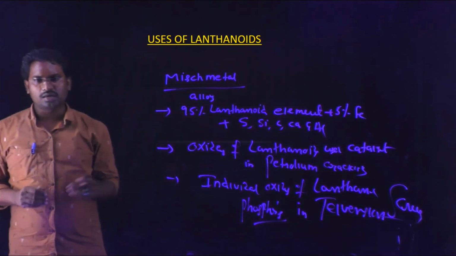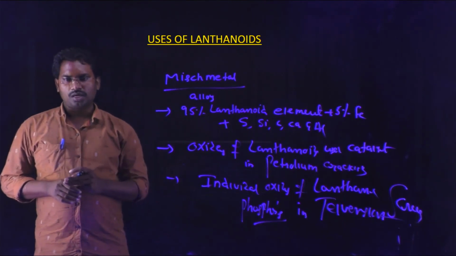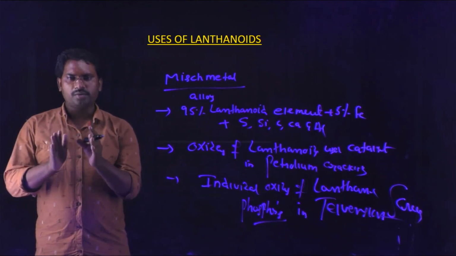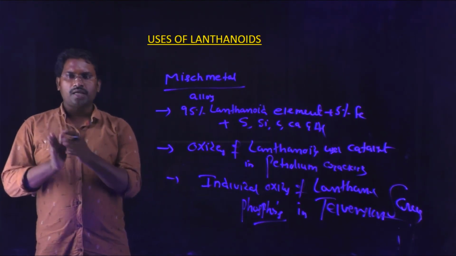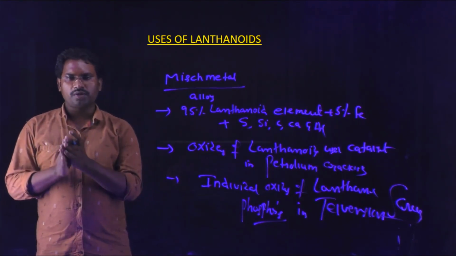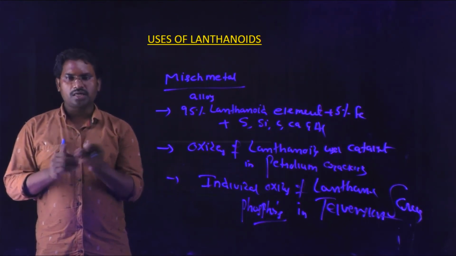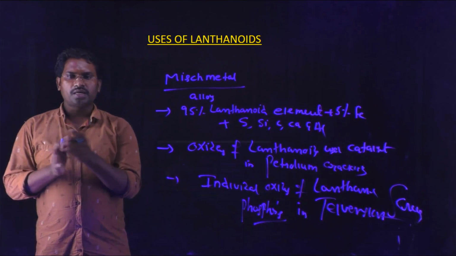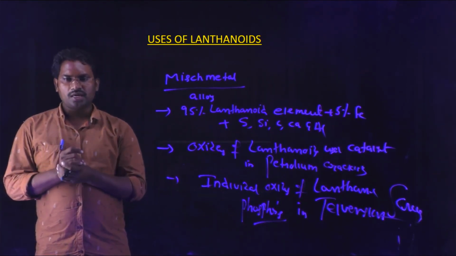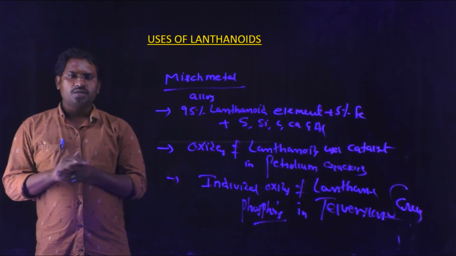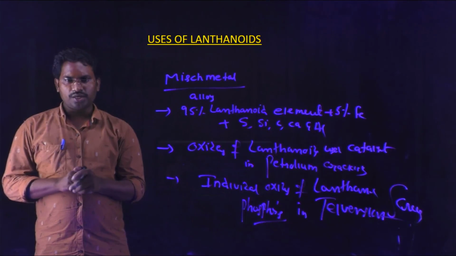Once more, let me recall what we learned in this video. Mainly lanthanides: what are lanthanides, and what are F-block elements, especially the 4F series and 5F series, lanthanides and actinides. What is the position of lanthanides, which elements are present in lanthanides, their general electron configuration, atomic radii, ionic radii, and oxidation state, and what is meant by lanthanide contraction and its consequences. Next, general characteristics exhibited by the lanthanides, and finally uses of lanthanides.